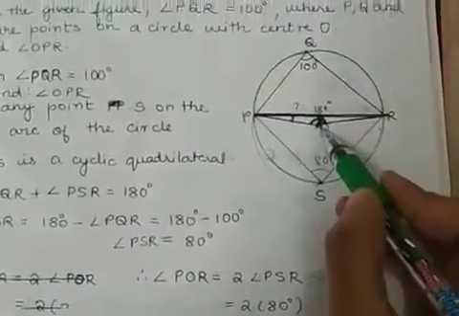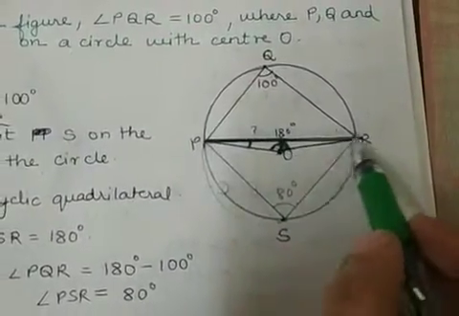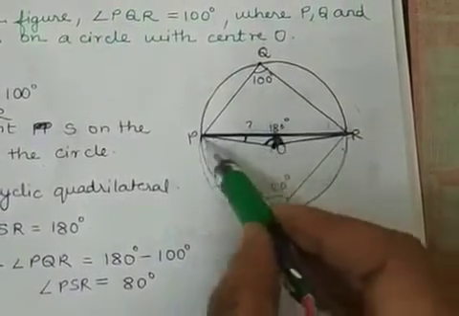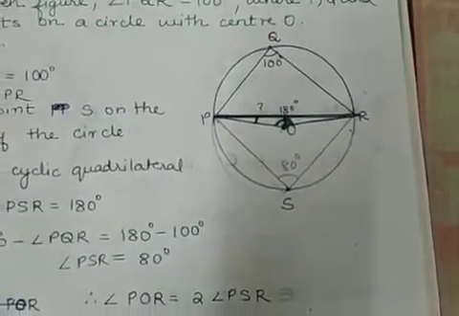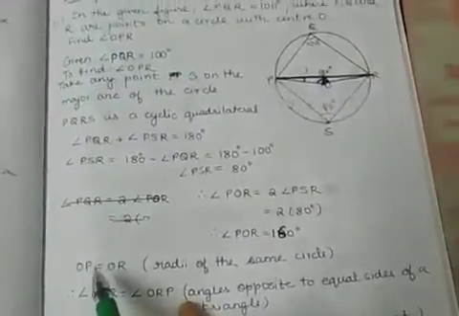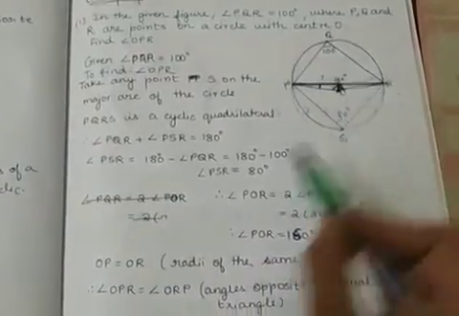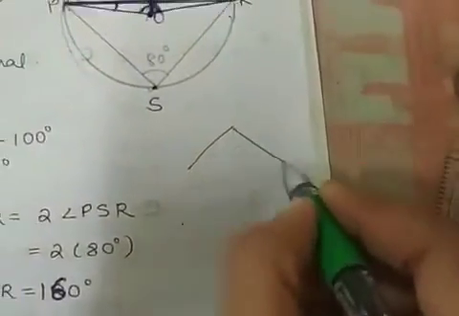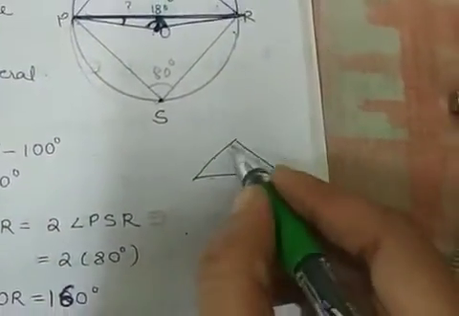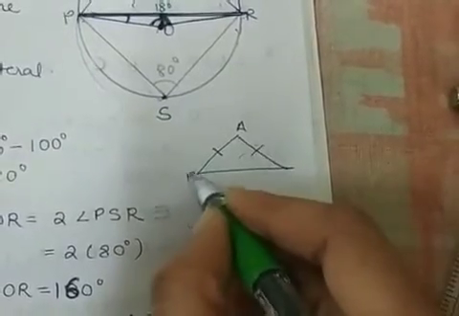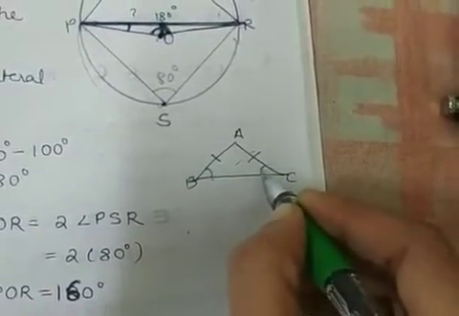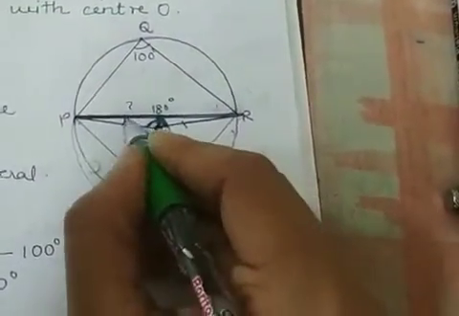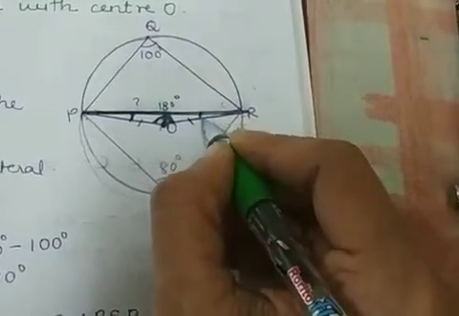Now if you observe the circle, this lens here, now this is the radius of the circle, correct? OP and OR are the radii of the circle. So they have to be equal. So OP is equal to OR because they form the radii of the circle. Now you know the theorem that if you have a triangle and if this side is equal to this side, then this angle should be equal to this angle. So based on that, you know this side is equal to this side. So this angle has to be equal to this angle.